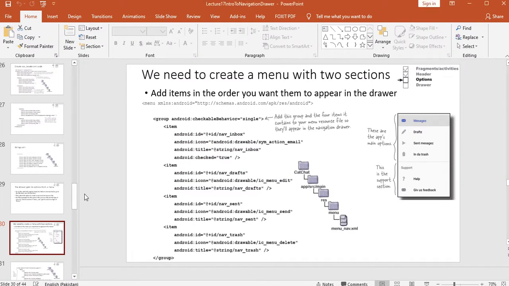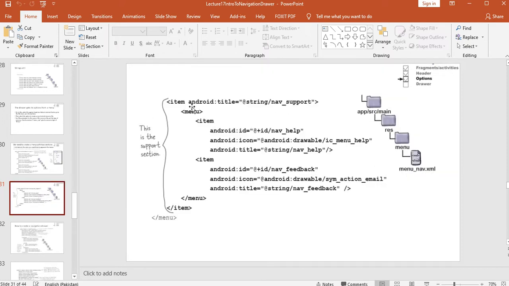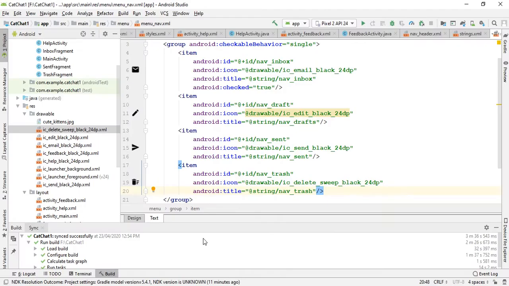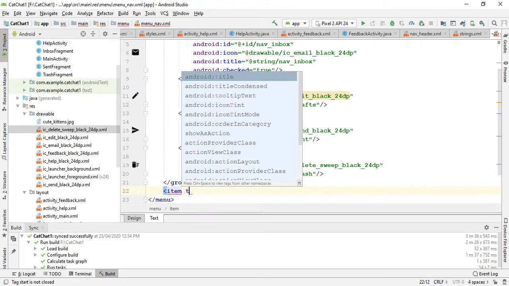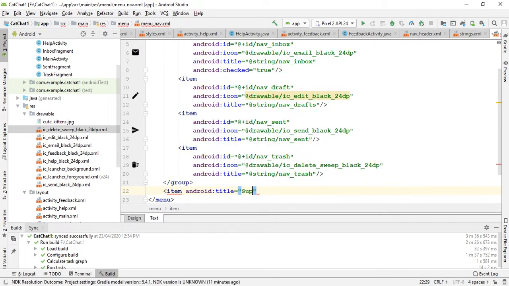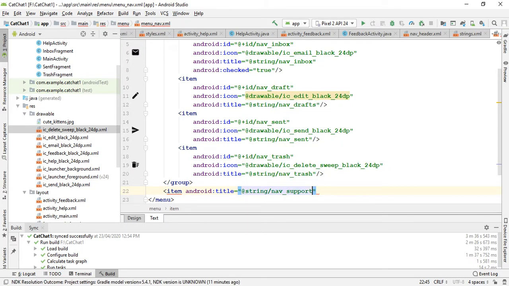Inside the next slide they are adding another group which is named support. Inside this item they are providing a menu, and inside the menu they are providing two items. So I will do the same. I will go here, and outside of the group I will create an item, and I will give it the title of